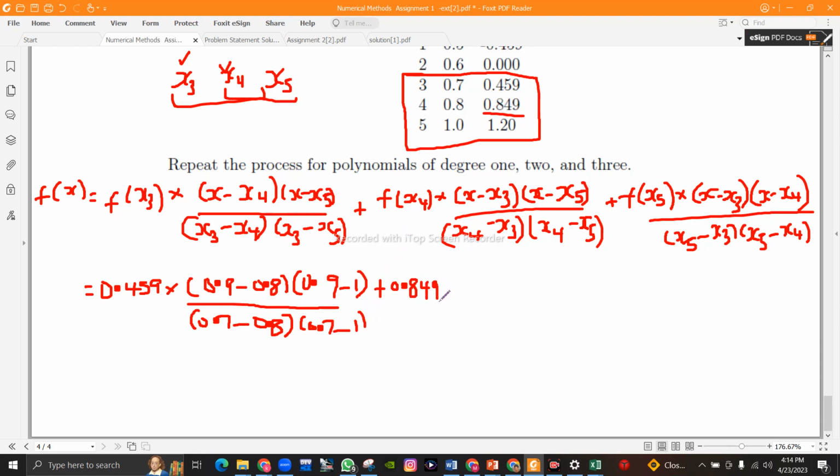0.849 times x minus x3, x is 0.9 minus x3, x is 0.7, then x minus x5, that's 0.9 which is x, minus x5, which is 1, divided by x4 minus x3. What's x4? 0.8, 0.8 minus x3, which is 0.7, brackets x4 is still 0.8 minus x5, which is 1,